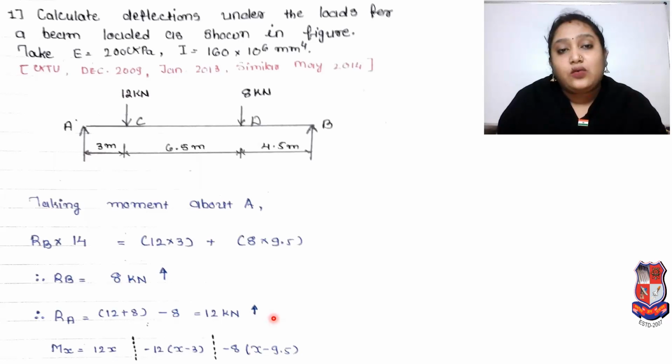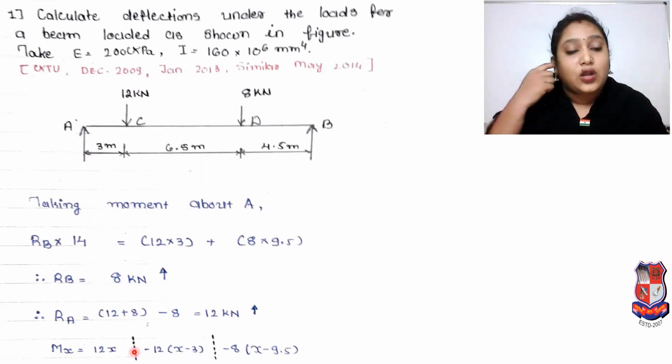Now we have to go for moment at x. But before calculating moment at x, we have to consider the whole span as x for our convenience to understand the problem. And in our Macaulay method, in all the problem calculations, you will see that dotted line. So don't get confused with that line because it is for the portion. If you have to calculate your slope and deflection, it will be in that portion or that portion. So this is for that. So don't get confused with these lines.